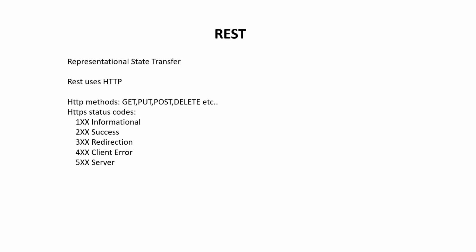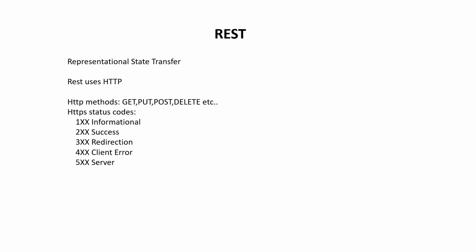In this lecture, I am going through HTTP status codes. For HTTP status codes, we have 1xx for informational, 2xx for success, 3xx for redirection, 4xx for client error, and 5xx for server error, internal server error. All informational status codes will be present in 1xx. In 2xx we will return success status codes, 3xx for redirection status codes, 4xx for client error, and 5xx for internal server errors.